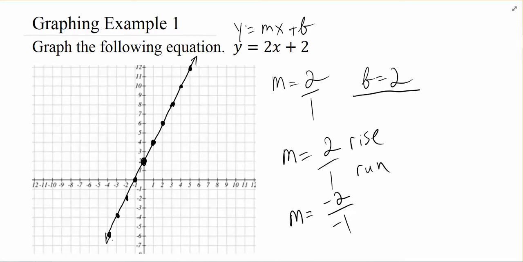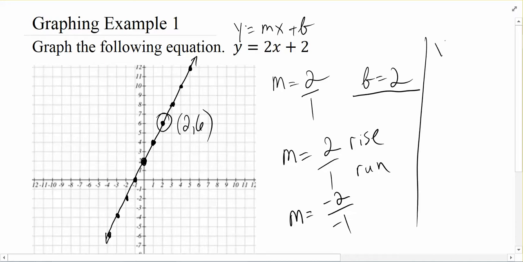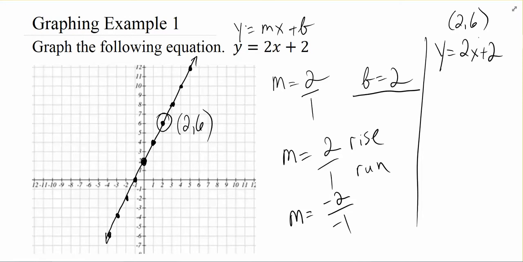And a good way to check your answer is going to be to find a different ordered pair than your y-intercept. Pick any of them, like this guy here. This ordered pair is (2, 6). And try to plug that into the original equation of y equals 2x plus 2. Let's check if (2, 6) satisfies the equation, because that's what it means to be on the line, is that it makes the equation true. So let's plug 2 in for the x value and 6 in for the y value, and let's see what we get.